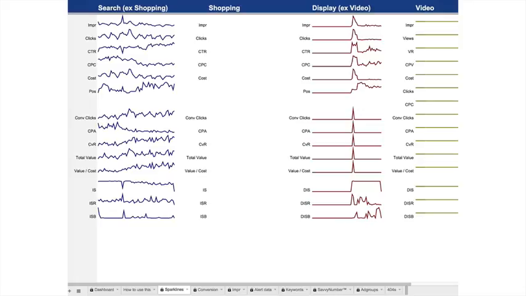The next tab along is the spark lines. So that's splitting out the 4 main channels: search without shopping, shopping if you're using it, display if you're using it without video, and then video, so you can visually see. And obviously you can change the widths and heights of these if you want. You will have editing privileges on your dashboard. It's locked. I'm not sure how that works. I think you'll be able to change the widths and heights, but it enables you then to see at a glance